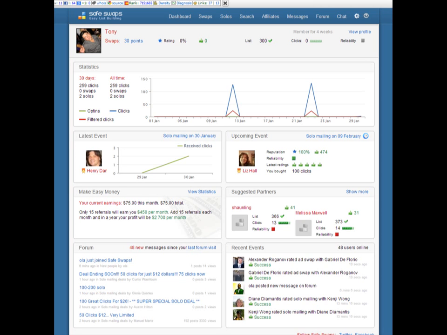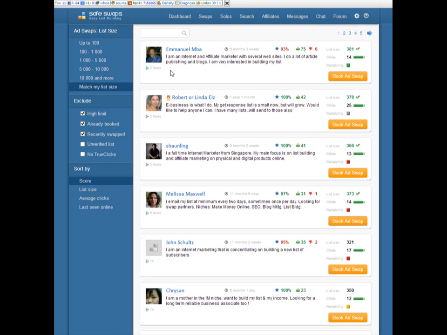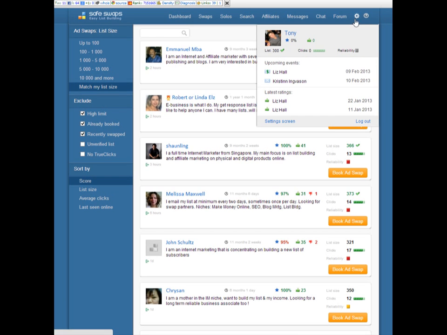So the first thing you're going to want to do is a search. Now, depending on the size of your list, you can select one of these two options. You can either do less than 50 clicks or less than 100 subscribers, or you can go using these different types of metrics. I like using this feature, which is match. So I'm going to go with match, and what it'll automatically do is it knows how many subscribers I have in my list. As of today, I have 301, and the way that you can check that is by clicking